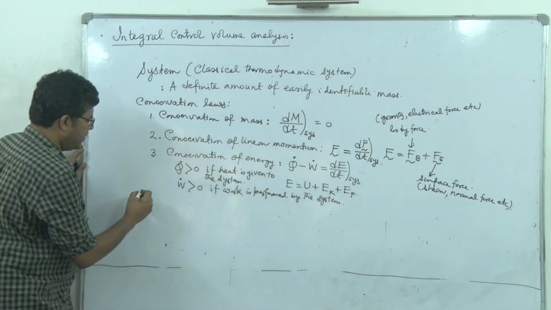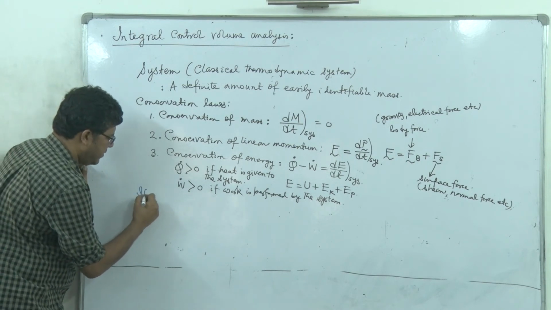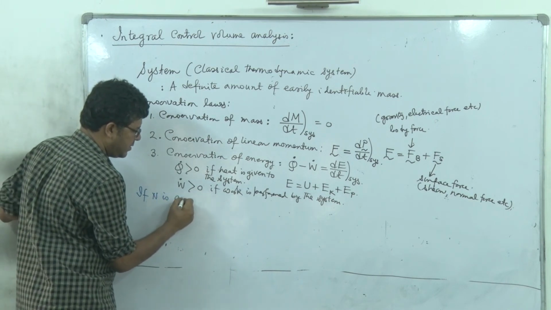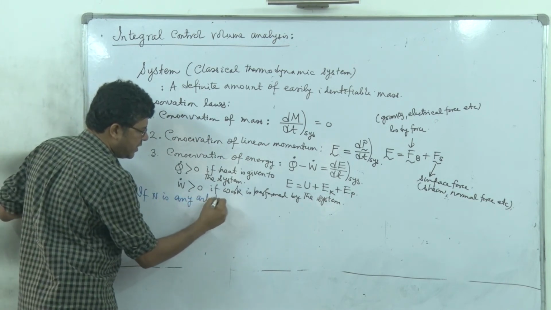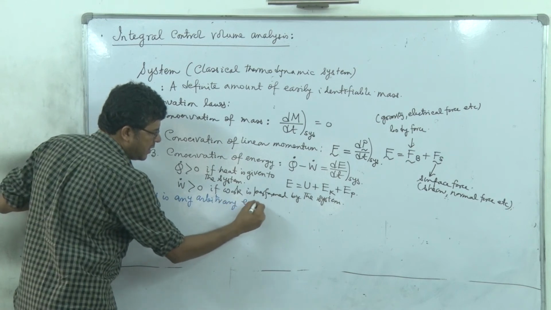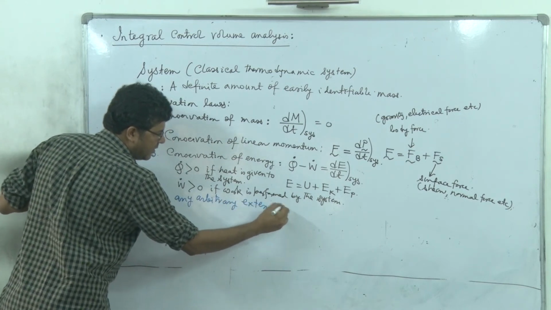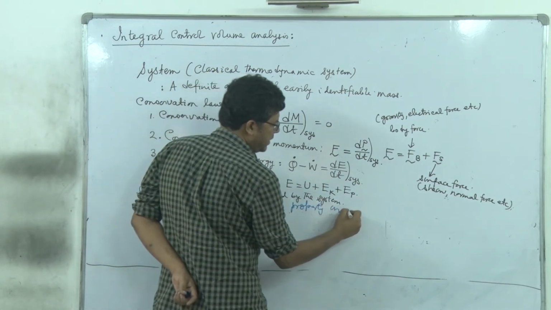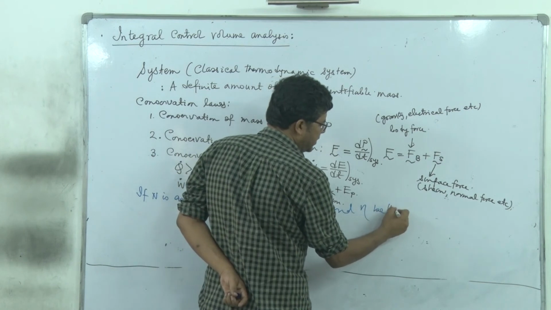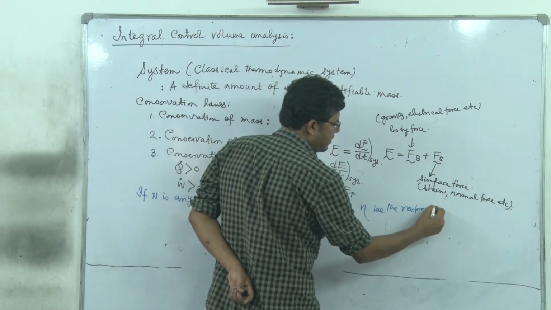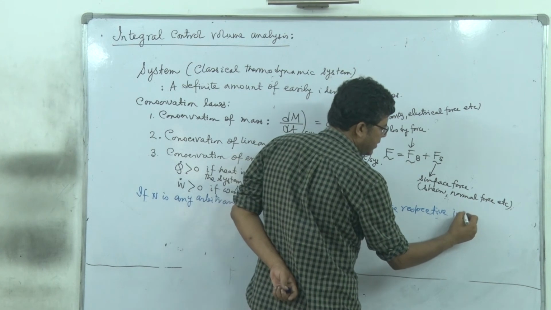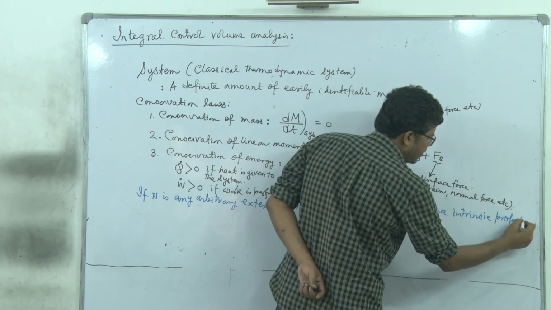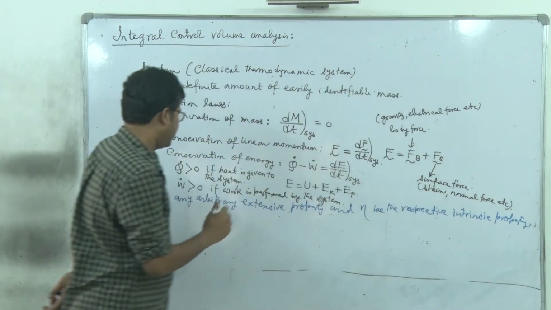Now you see that if n is any arbitrary extensive property which depends on mass, and eta be the respective intrinsic property, then